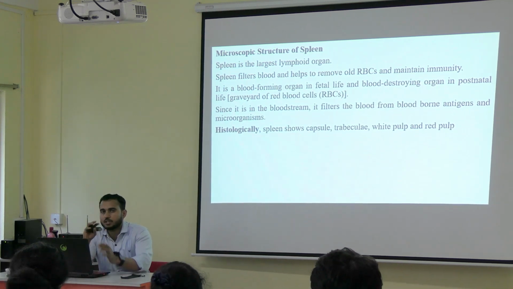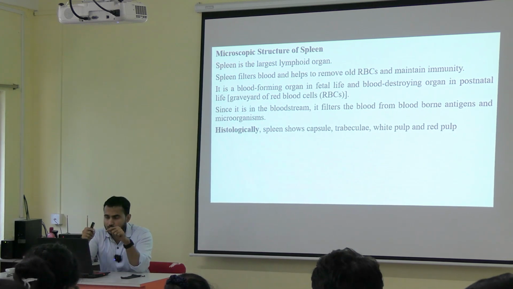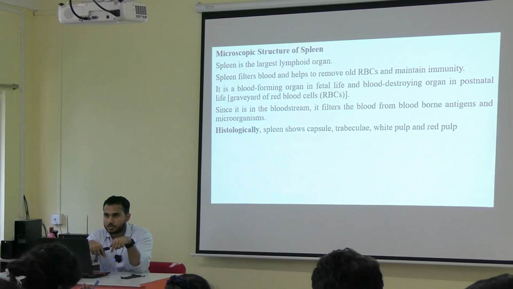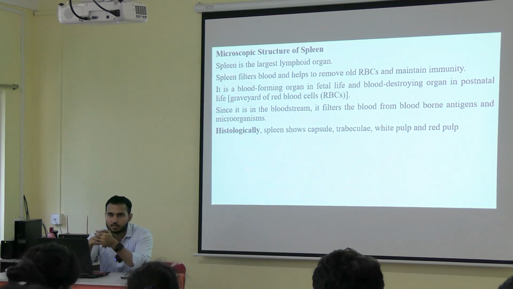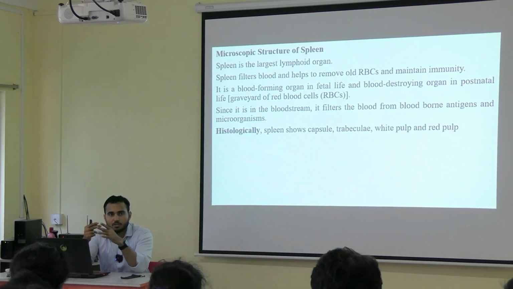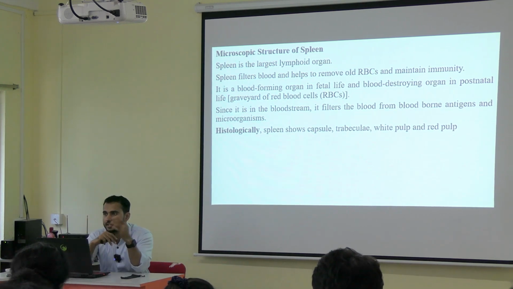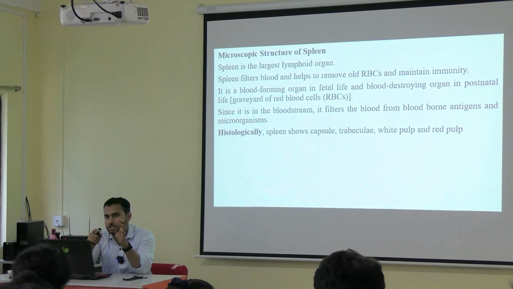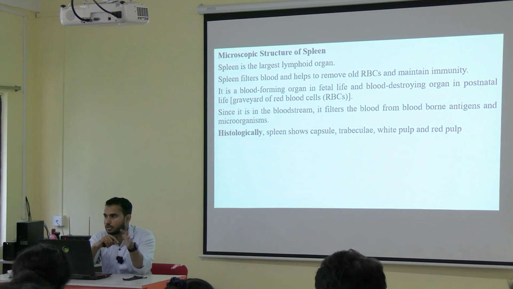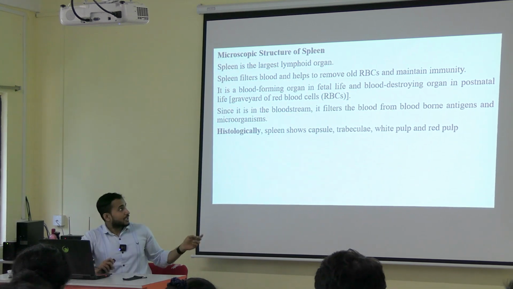The concept will be connective tissue capsule is there. Now from the connective tissue capsule, septa is going, dividing it into different lobules. If you take those lobules, cortex and medulla will be there. Cortex का staining अलग होता है, medulla का staining अलग होता है. And though these are lymphoid tissue, so you will be getting different types of lymphocytes. Okay, that basic concept will remain same for all the structures. So first we will start with the spleen.